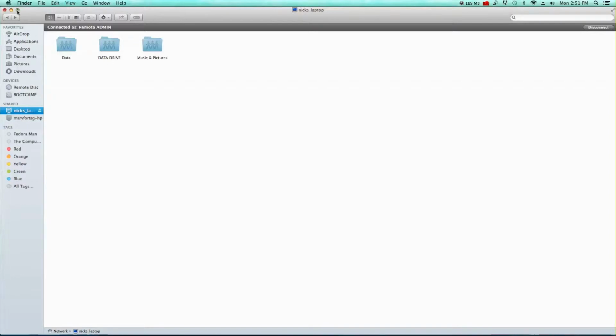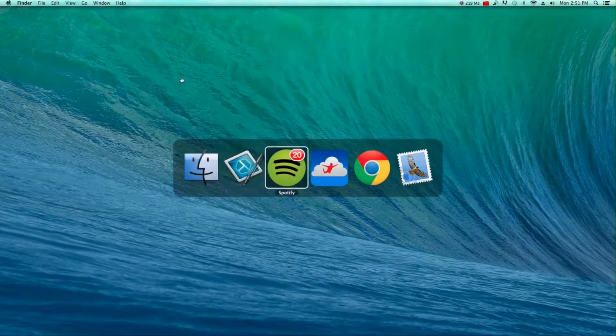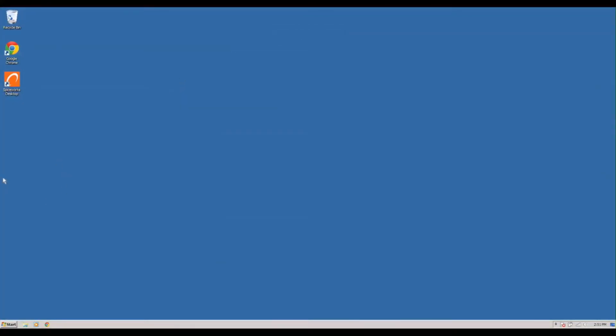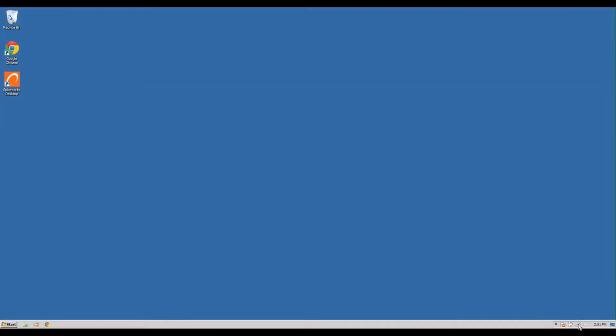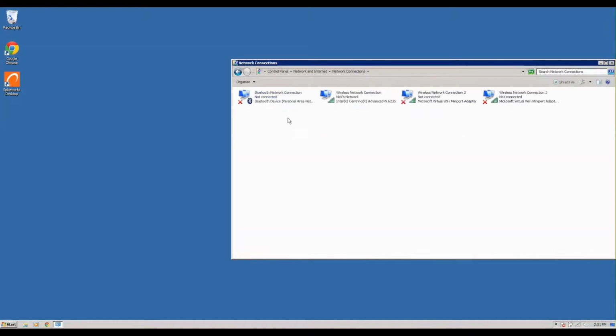So first off, you have to be at your Windows PC, and I'm going to easily be doing that because I'm remote connected to it, so I'm already set up. When we go over here, log in to your Windows PC, and the first thing you want to do is go to your network settings. The easiest way is to go to your network connection, then Open Network Sharing Center, then Adapter Settings,